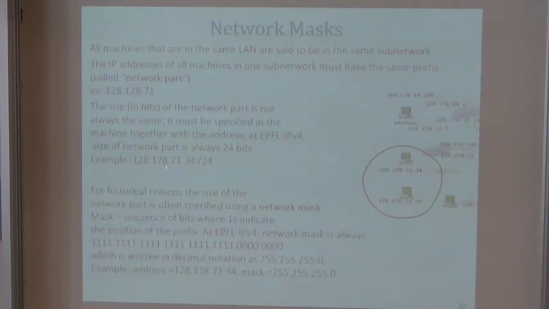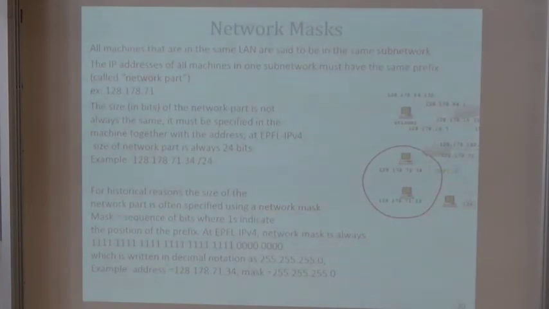For example, if you think the mask is 16 bits, what would happen? Sometimes we might get it right, but sometimes we might think some computers are in our local area network, and this is not true. For example, if this machine is configured with a mask which is 16 bits instead of 24, and it wants to send a packet to STI-SUN1, it will say, oh, this guy is in my subnet, so all I need is to find the MAC address of this guy. So we'll try to find the MAC address. How do you find the MAC address?